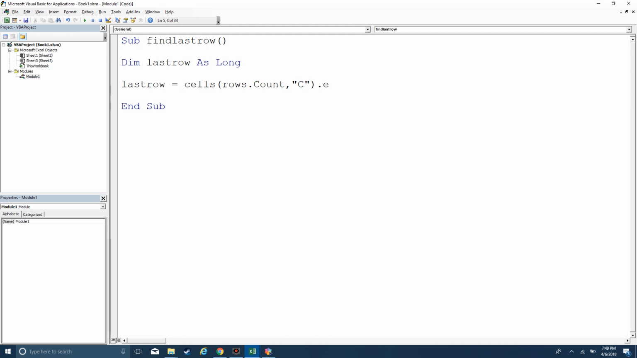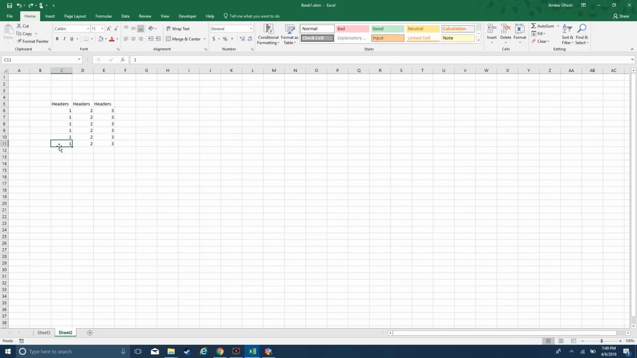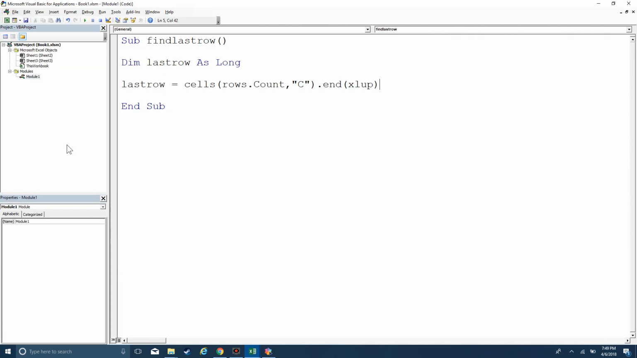And then we're going to say .End, which is the property to go to the very bottom of that column. xlUp brings us up to the first non-blank cell. And at this point, what we have here is an object. This is an actual cell. We don't want to make an object assignment, so we don't want to say that C11 is our last row, because we want to extract 11 as an actual number. So we're going to type .Row to extract that specific property, which is the number 11, and assign it to the variable LastRow. I'm going to hit F8,